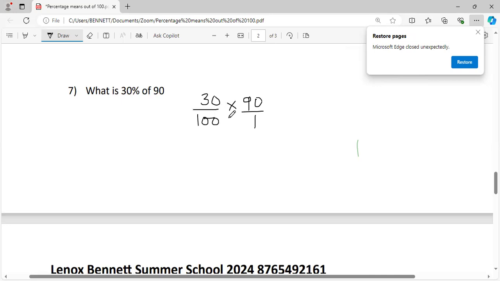So we can cancel, right? We can divide by 10. So we divide 90 by 10, we get that. All right, we divide this, we get 10. 100 by 10 is 10. However, it's best we focus on the 30 and the 10 since both of them have a number that is common to both of them, which is 10, right? Because 10, factors of 10 are 1, 2, 5, and 10. Factors of 30,